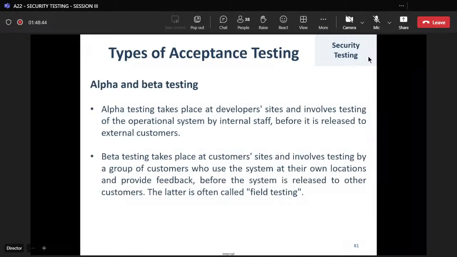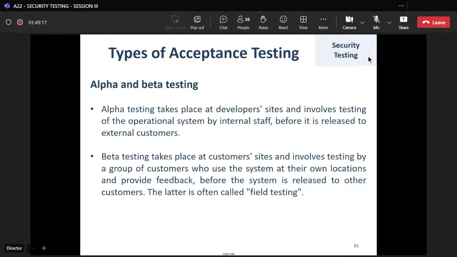Then alpha testing, beta testing, we already discussed. Alpha testing generally takes place at the developer site by the internal staff before it is released to the external customers. And beta testing will be done at the customer site, involving a group of customers, maybe the pilot users for that particular application or program, and they'll be trying to perform the test, and they'll be providing their feedback, and based on that, it will be released to the other users or to the